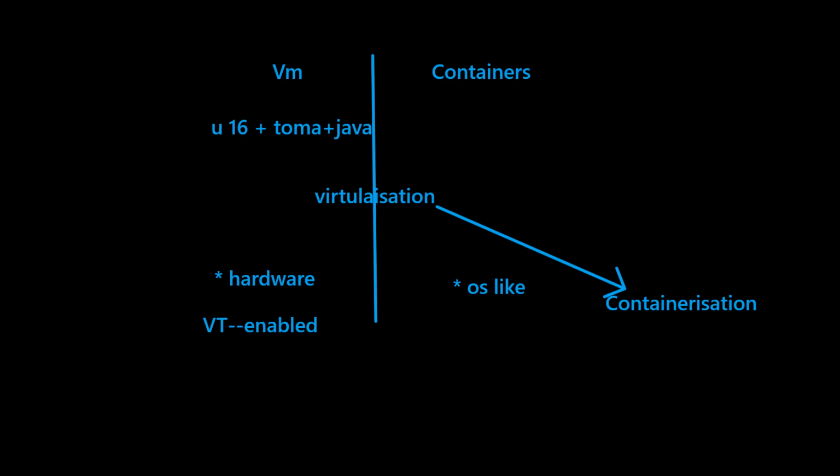Suppose you want to containerize your application. How do we do that? That's where Docker comes in. Docker is a tool or software, whatever you call it, which provides you a containerization platform that helps you containerize your applications. There are many tools which can help with containerization, like Docker, Rocket, Creo. These are all different containerization tools, but out of them, Docker is very famous and very widely used.